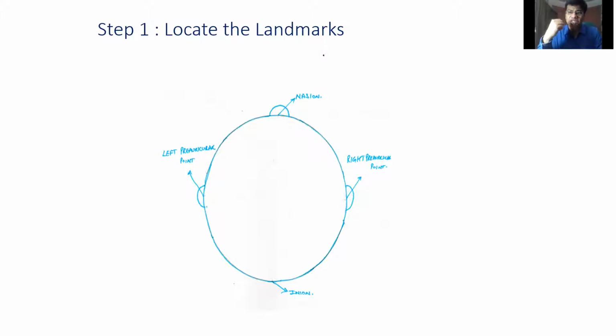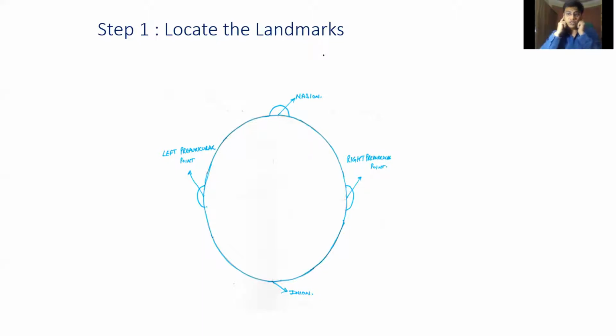Finding the inion is slightly difficult. What we need to do is take your hand from the nasion, from the center, move backward, and put your head backward, and where your skull is ending towards the neck, you will find the occipital protuberance. That means you will find some bony area here, and where this bony, bumpy area ends, this point is called the inion. So we have found the nasion, and we have found the inion.